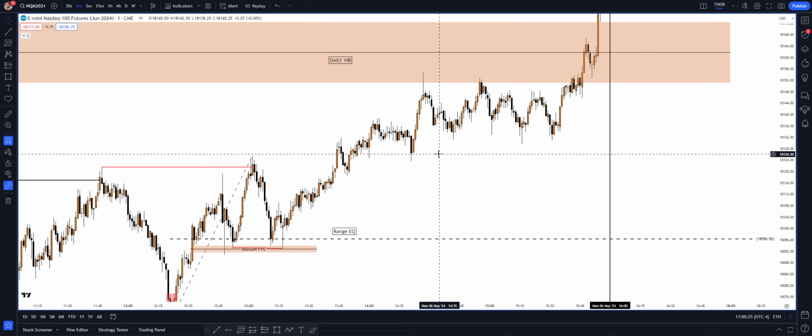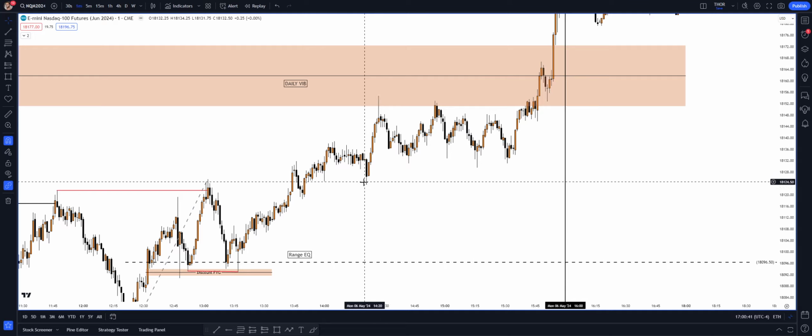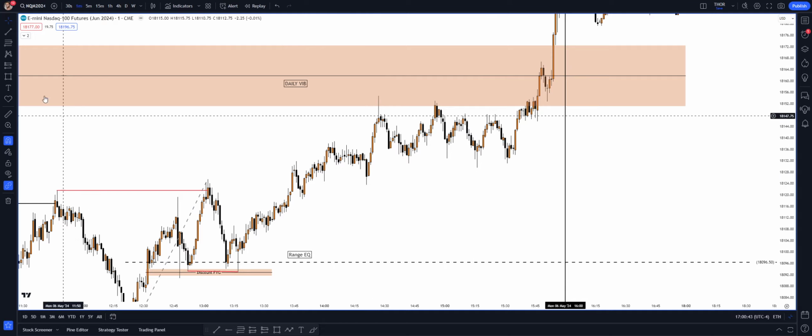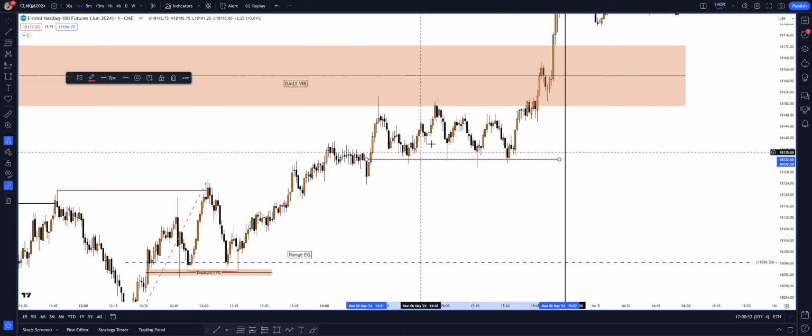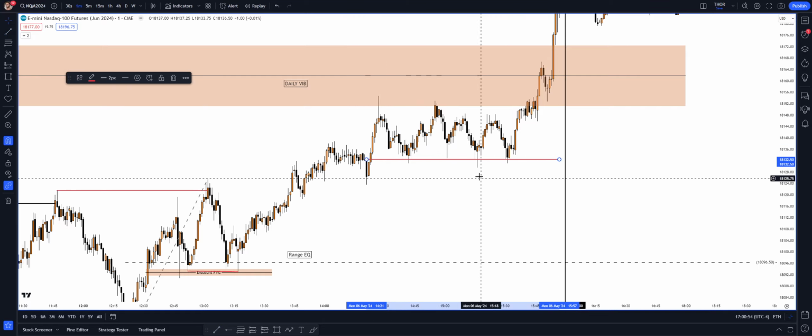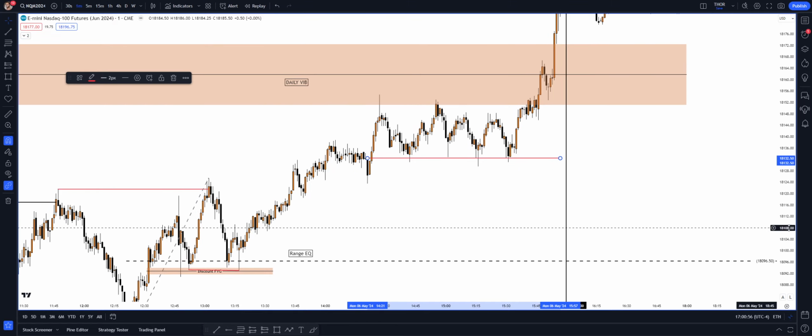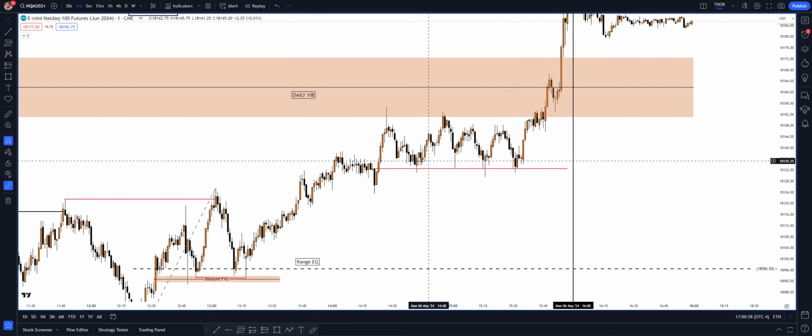Then it formed a new order flow here after the volume imbalance. Now you have a new order block here. So it came up, you have a new order block. Obviously, this is easier to see in hindsight. I'm not gonna argue with that